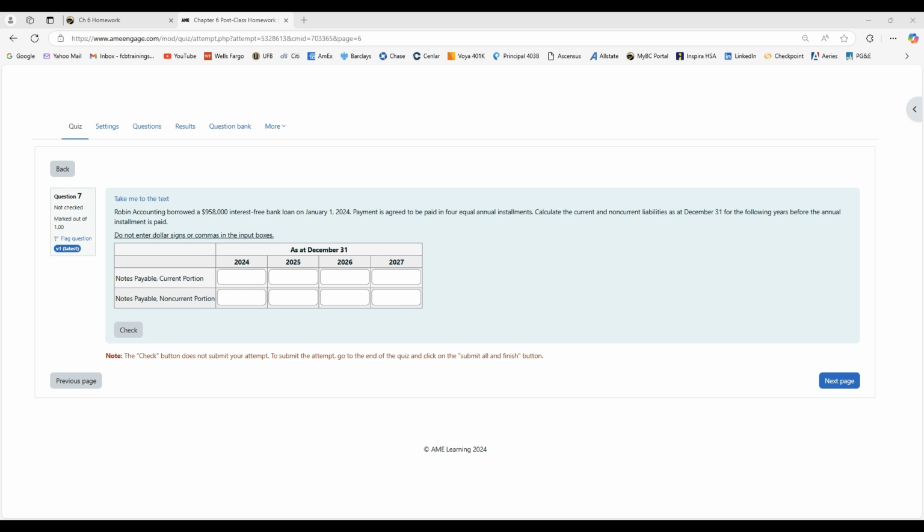Okay, similar problem here, but a little more involved in terms of calculations and current, non-current, and all that. So the total amount is $958,000. They're saying interest-free, so all these payments are just principal. Payment is in 4 equal installments. And I think what we're saying is they are due on January 1st of the next year. So if we're at December 31st, 2024, then the first thing to do, because it's telling us it's going to be repaid in 4 equal installments,